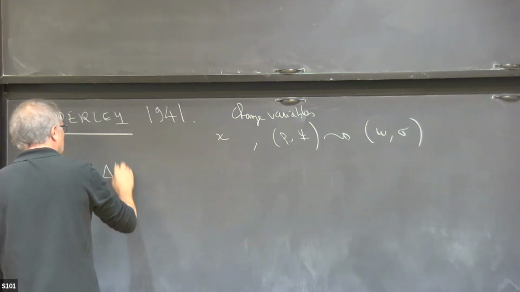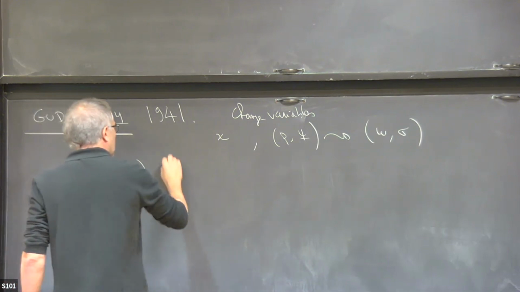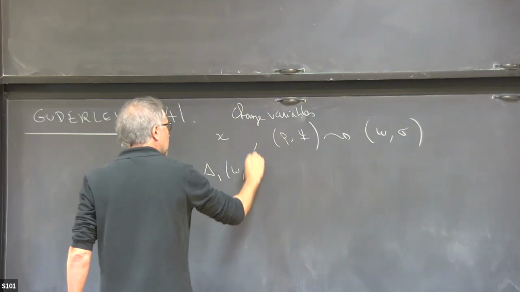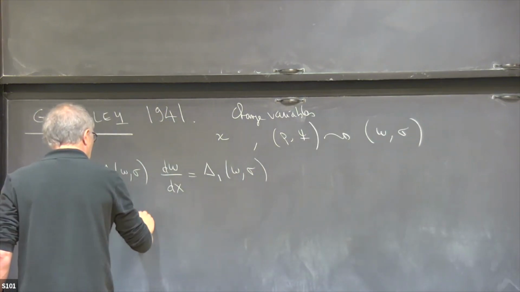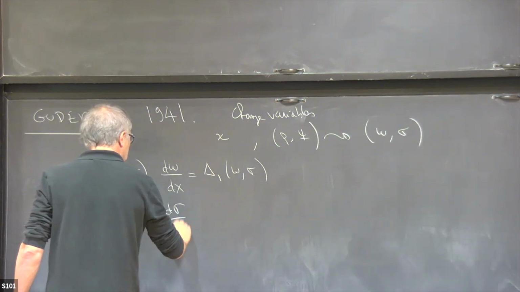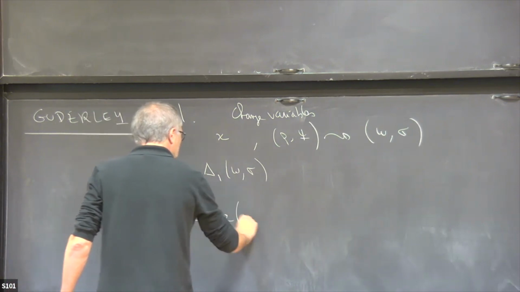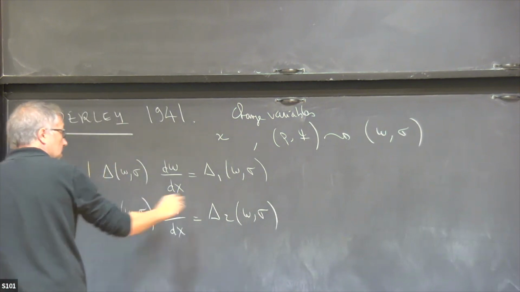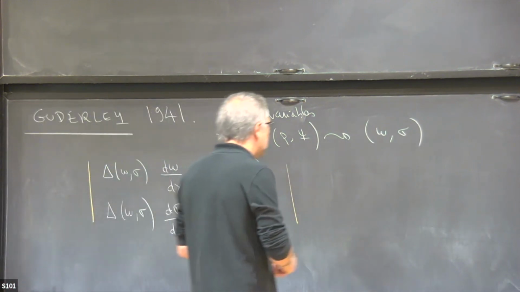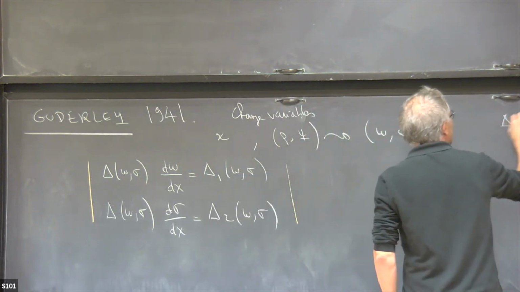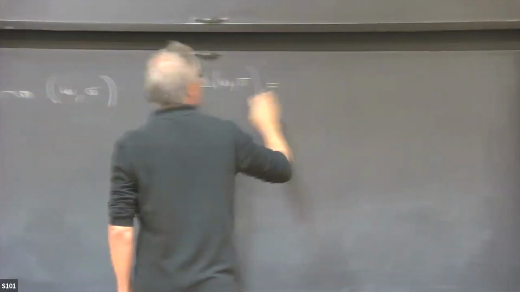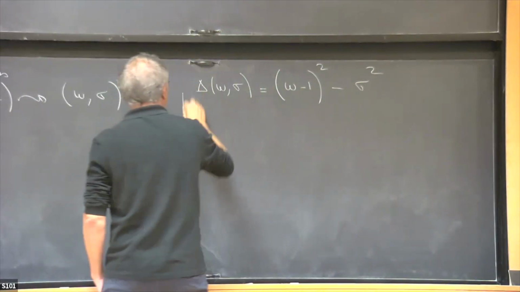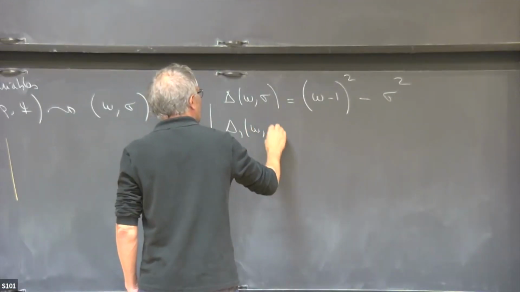You have delta of omega sigma omega dx equals delta 1 of omega sigma, and delta of omega sigma d sigma dx equals delta 2 of omega sigma. And what is delta? Delta of omega sigma is exactly omega minus 1 squared minus sigma squared, and delta 1 and delta 2,